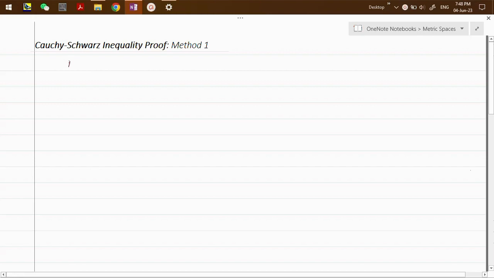It states that if a1, a2 up to an and b1, b2 up to bn are real numbers, then we need to prove